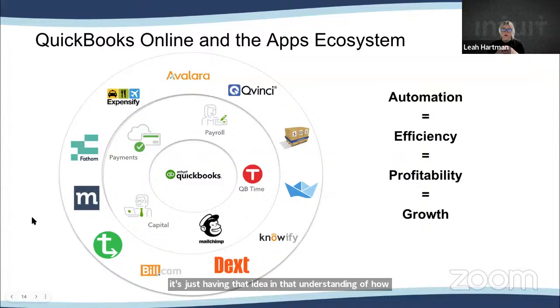So we have QuickBooks Online as the core. If we look at that middle circle, we have Intuit branded add-ons. Usually what that means is you can log directly into QuickBooks Online and access the branded add-ons directly through QBO. There's no need to log into a separate website or access a different tab or anything like that. It's all in there, and that's going to unlock additional features, right? So your QuickBooks Payments is going to help automate and make your income, or your AR, more efficient. You've got your payroll that's going to help automate and make payroll more efficient, right? Getting those W-2s, paying people on time, paying and filing taxes on time.